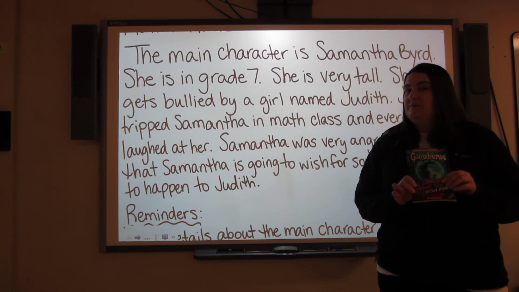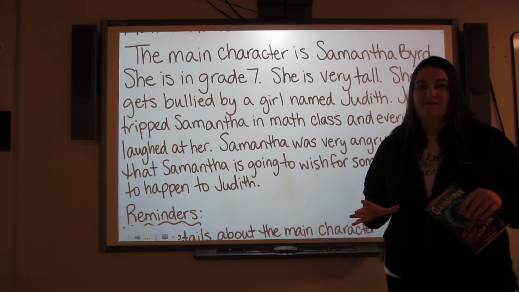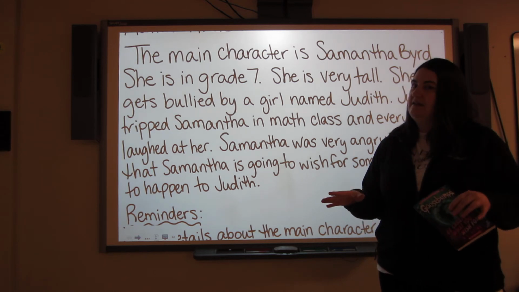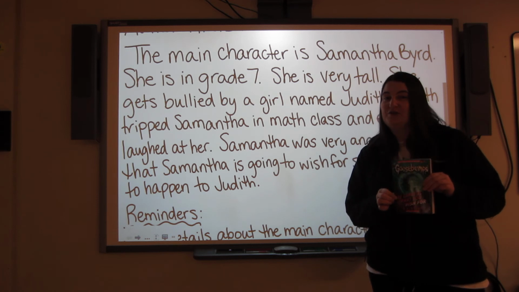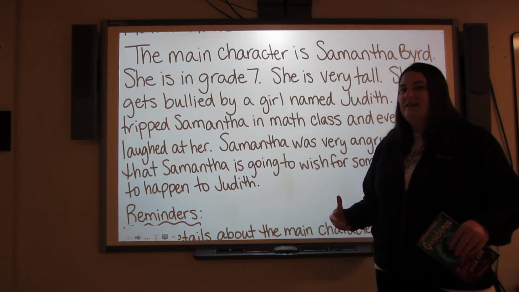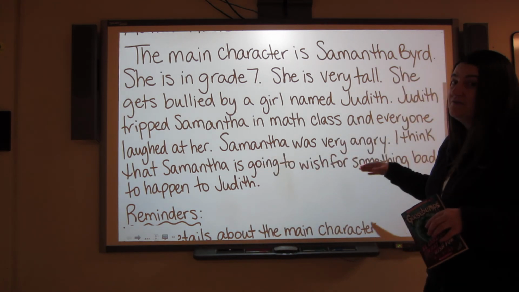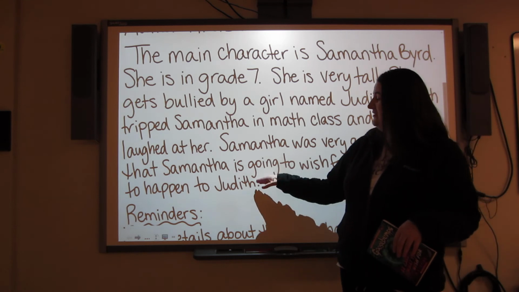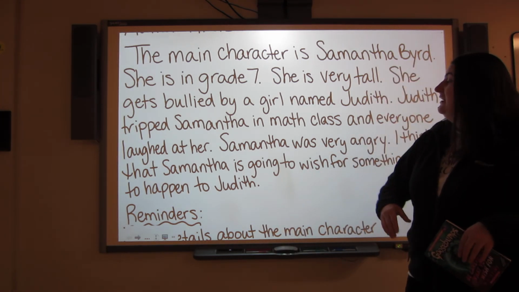I'm reading a Goosebumps book. Usually these books have to do with supernatural events, something creepy or scary, and the title is Be Careful What You Wish For. So it makes sense that my prediction is that Samantha is going to wish for something bad to happen to Judith out of revenge, since Judith is the one that is